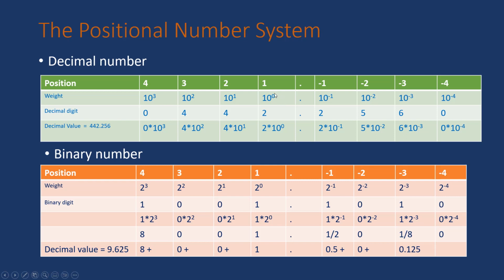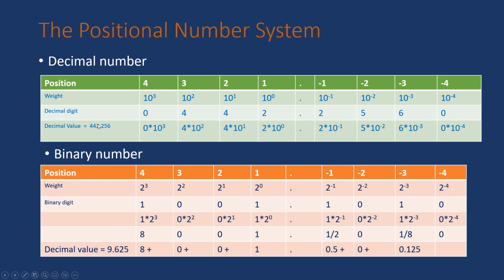You see, this is the position number. The power is going to be -1. So in the position 1, we use the 0, so 10 power 0, that is the individual number here. This is the tens position, hundreds position, thousands position, and after the decimal point the positions are going to be the tenths, hundredths, thousandths. It's just that in the fraction the power is minus. Okay, so the decimal number 442.256 is going to be